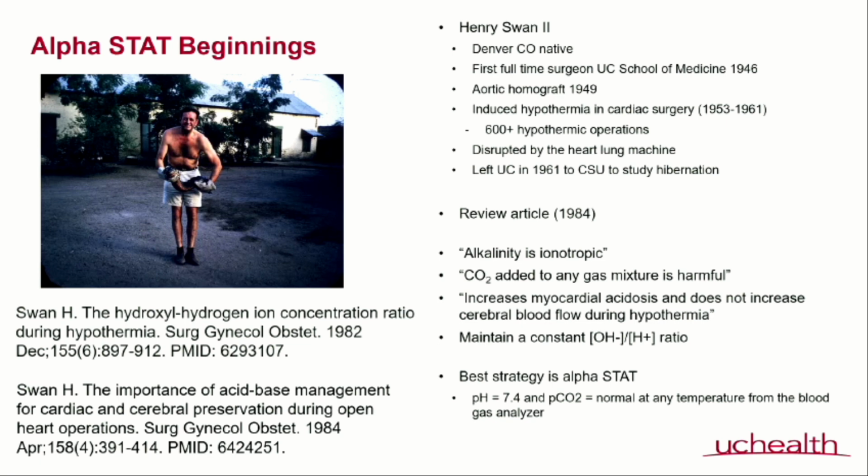But they weren't having very good luck at preventing fibrillation during this technique. So Dr. Swan perfected this technique in his lab, where he could do topical hypothermia safely down to 32 degrees. Then they take the patient out of the ice bath, put them on a cold OR table, prep, drape, and do inflow occlusion so they could do intracardiac surgeries, primarily ASD and VSD repairs, okay? He was famous worldwide for this induced hypothermia, and from 1953 to 1961, performed more than 600 of